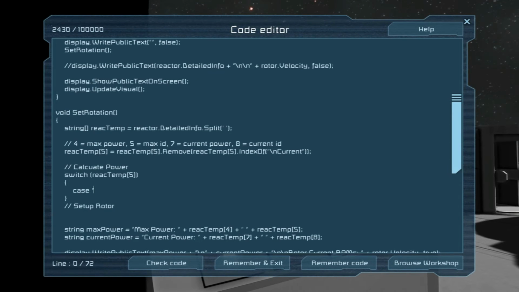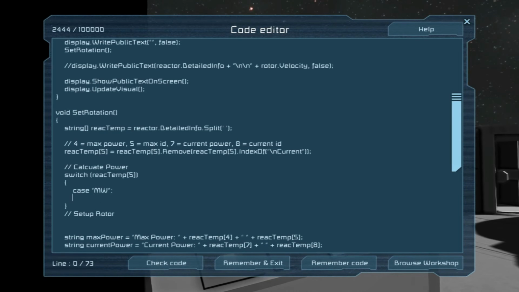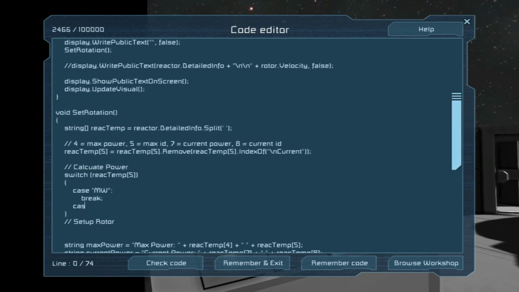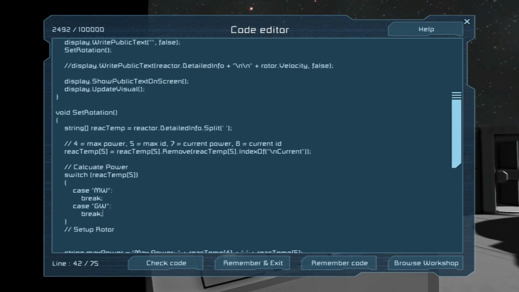Now, what we want to do is a case where it's equal to megawatts. And we'll do a break line. Now, this is purely just on the off chance you're using like a mod, or a modded one.